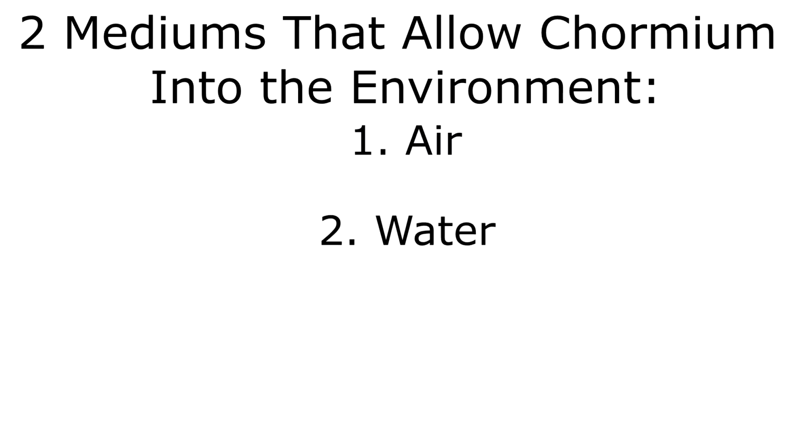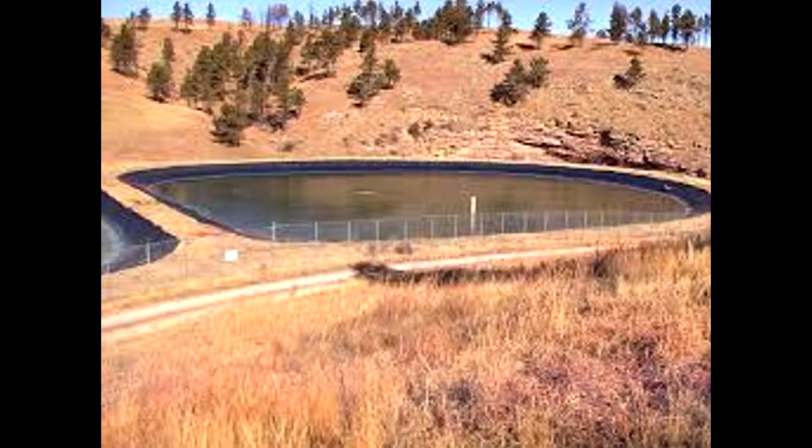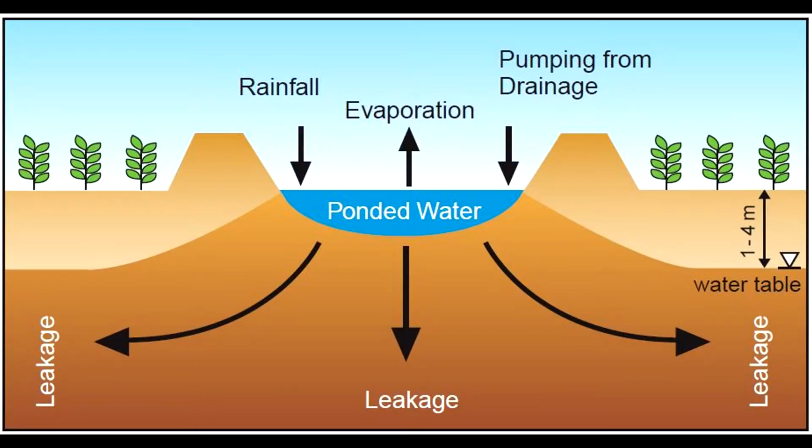The second way chromium-6 is introduced is by seeping into the groundwater. This happens after chromium-6 is used as an ingredient in something like fertilizer or cement, for example, and is then combined with other materials into wastewater. This wastewater is pumped into evaporation ponds. There have been many well-documented cases of these evaporation ponds not being properly lined. When a pond is not properly lined, the contaminants of the pond are able to seep into the ground and